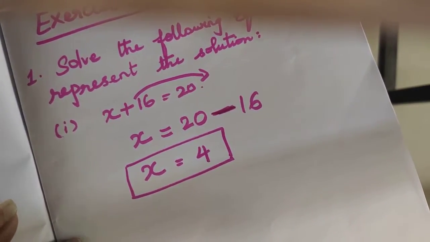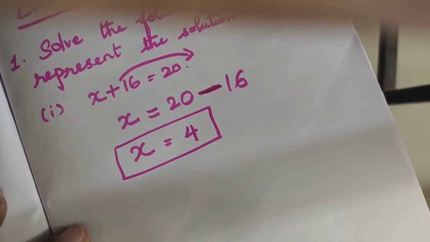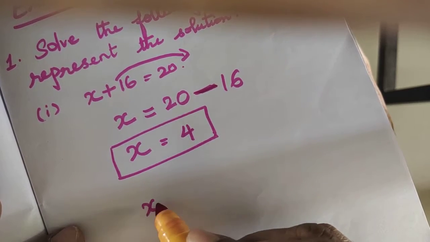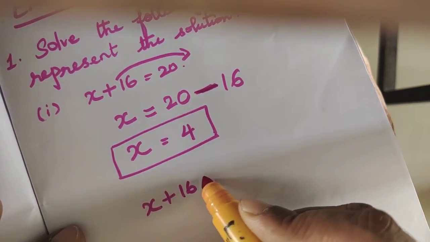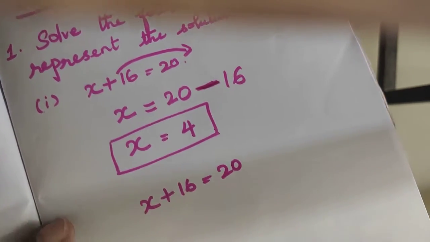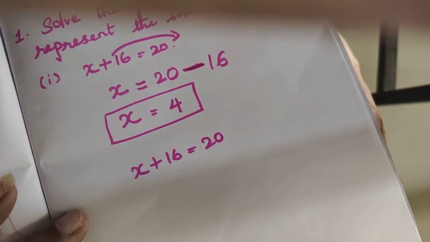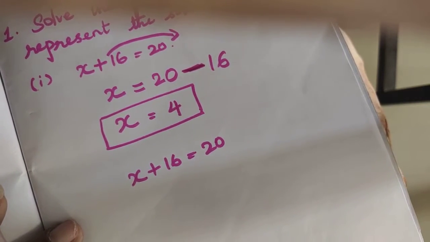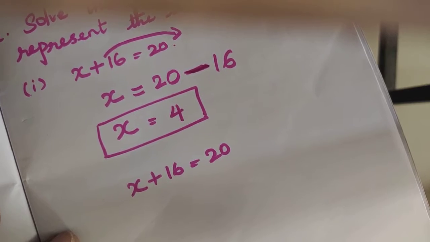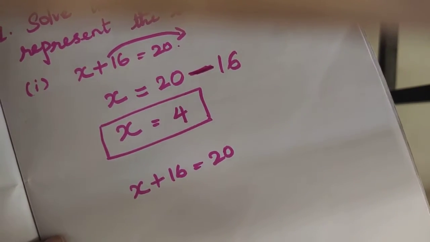If you want to check, you can check it out, children. In place of x in the equation, write the equation again. Actually no need to do this, but if you have any doubt whether my x is right or not, you can check it like this. That is what I am going to teach you now.